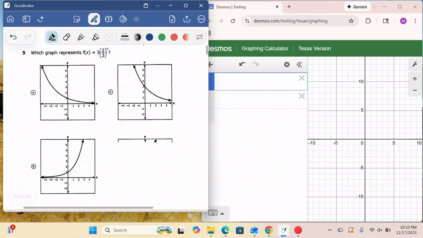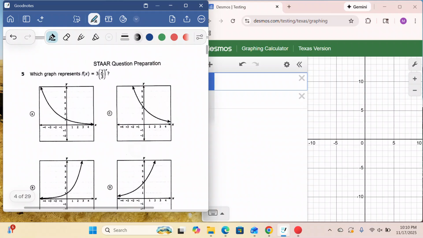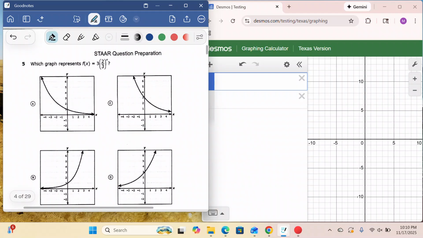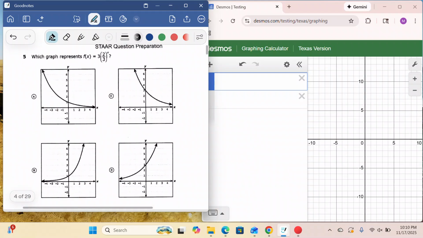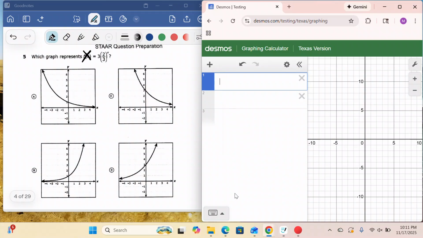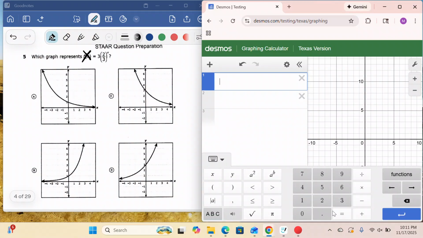If we're looking at the next one, we are looking at number 5. This is a very easy one with Desmos. So we have our f of x. Remember that we don't want to pay attention to f of x because it's just a fancy way of saying y. So all we have to do is input that equation into Desmos and let Desmos do the work for us. So I'm going to input 3, open parentheses, 2 divided by 3,